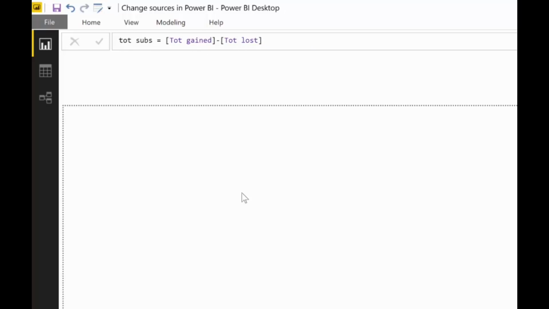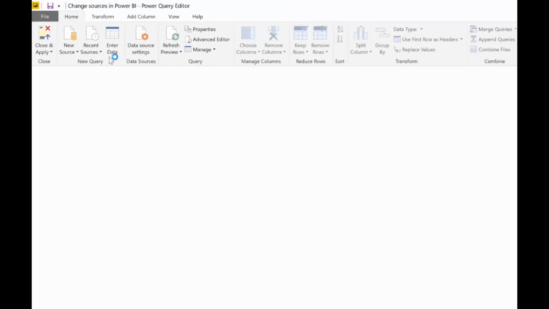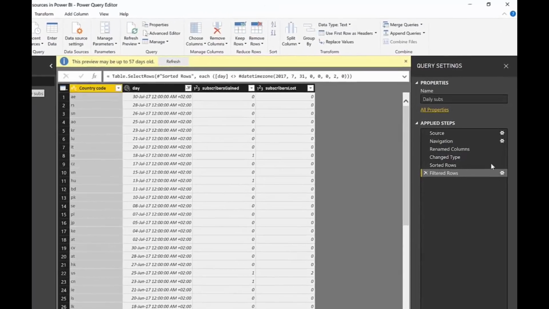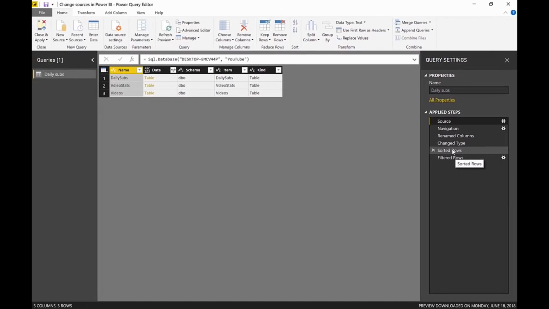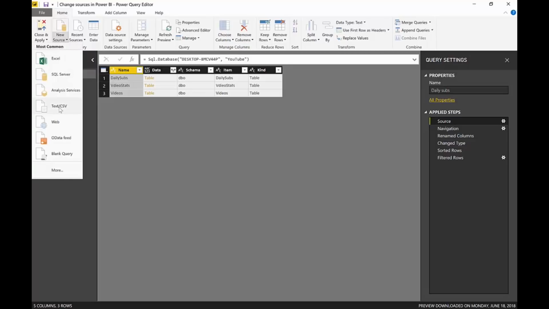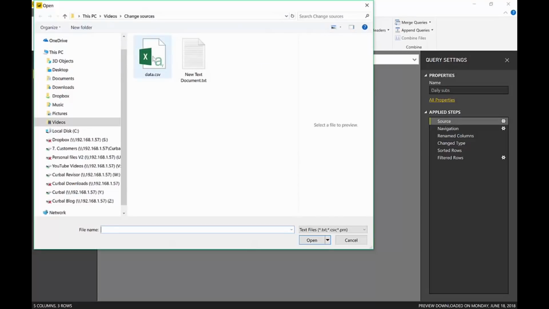So if we go to Power Query, you're going to see that this is taken from a SQL database, okay? And let's say for whatever reason, you want to change from SQL to Excel or CSV. I'm going to show you how to do it with a CSV, but it works with anything that is imported, okay? So I'm going to show you how not to do it first. You might think that you can just go to